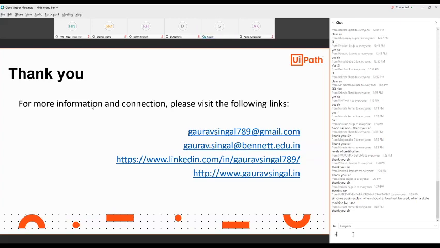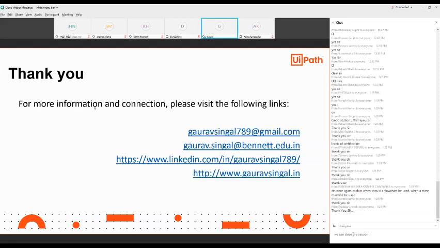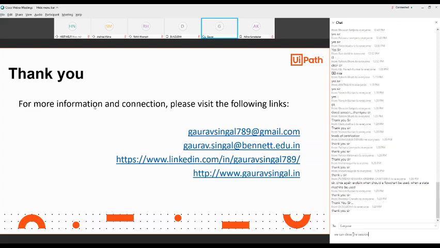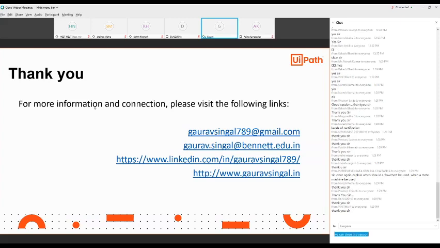Okay, so I think one question is there: when can we use a flowchart and when can we use a state machine? As in the starting, I told you, there is no specific program that you can say we only implement with the help of state machine or flowchart or sequence. So you can use anything for any project, but for a particular diagrammatical representation and for looking nice and understanding clearly, you can use different ones.